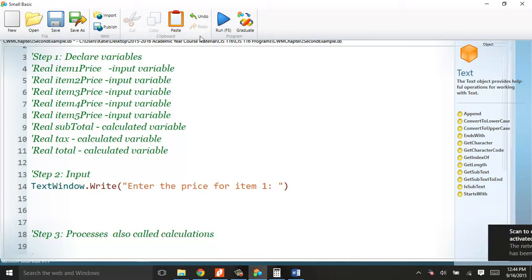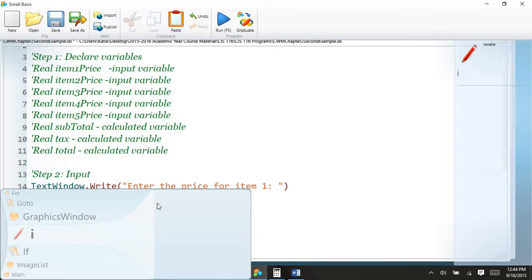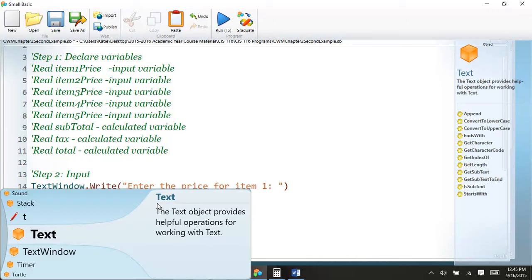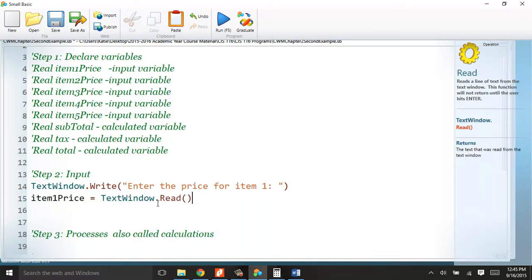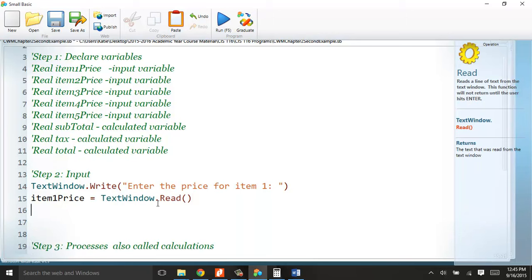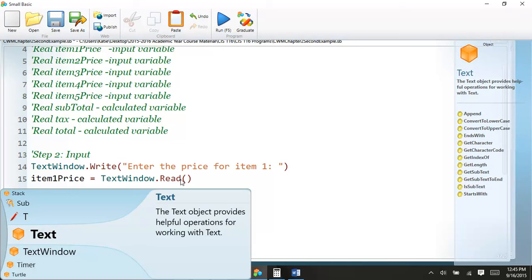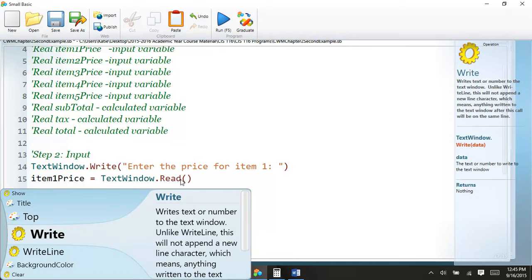So I'm looking at my last example. This is probably going off to say finish up this video. So we want to say, okay, what's the price of item 1? I want to say item 1 price is equal to, geez, I forgot the syntax already. Read, TextWindow.Read. TextWindow.Read. And then I'm going to repeat that for the second item. So lines 14 and 15 take in the first item price and TextWindow.Write